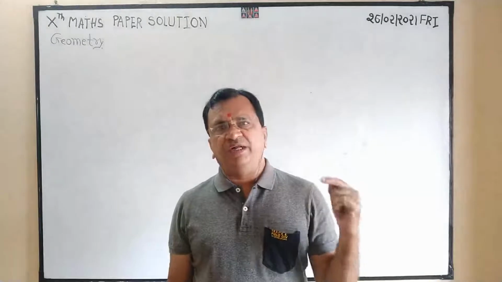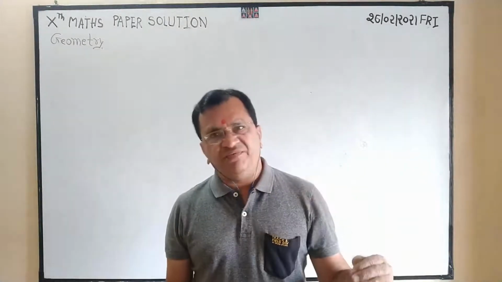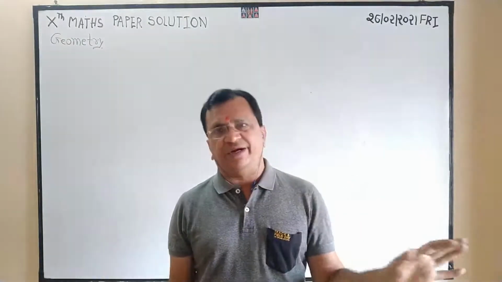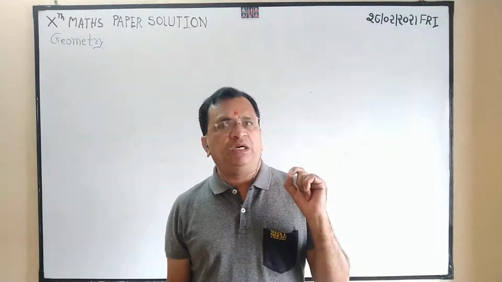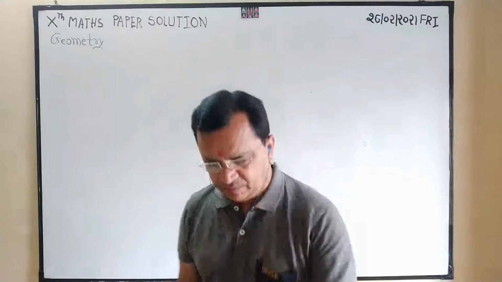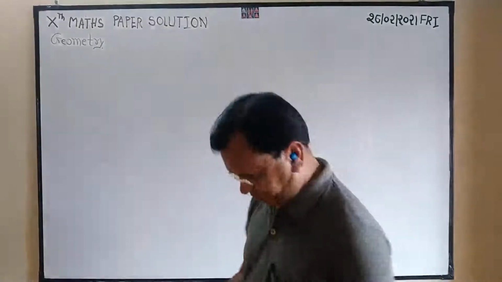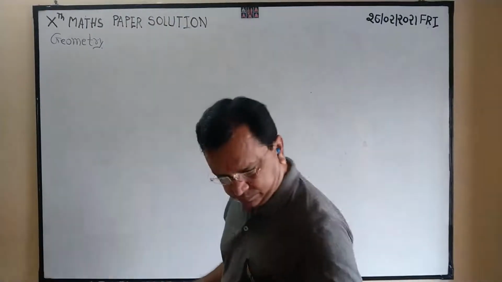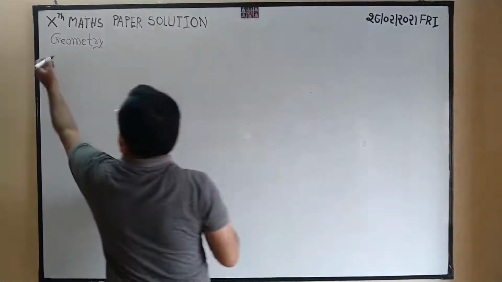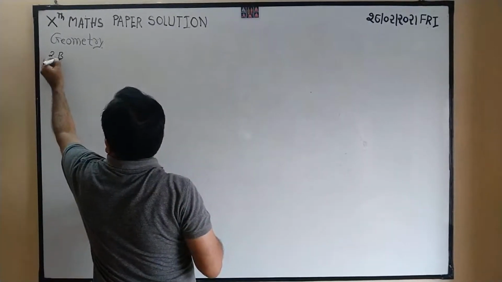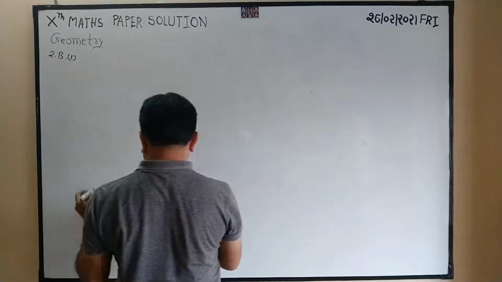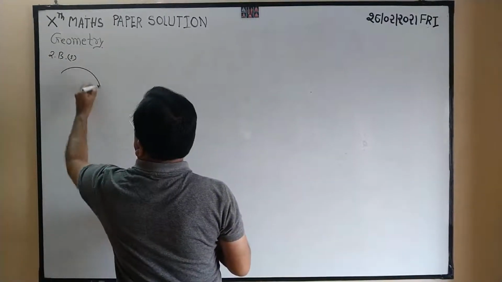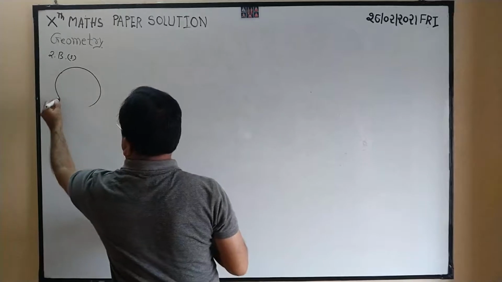Geometry question number 1 AB, 2 A we have completed, 3 we have started already. That video I have sent in part 1. Now question number 2 B, third problem. Two B 3. One diagram is given.